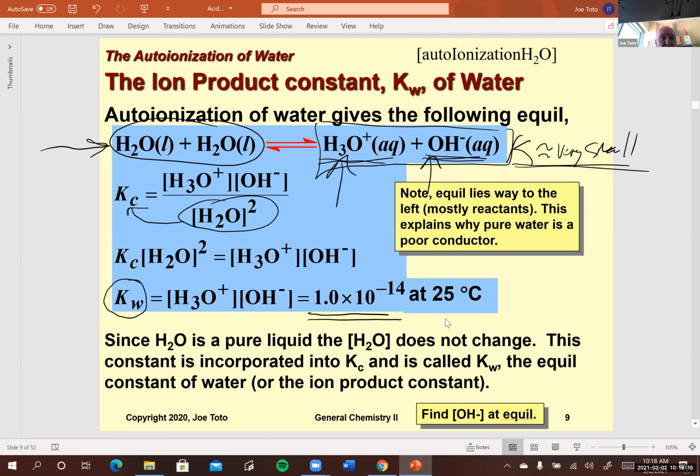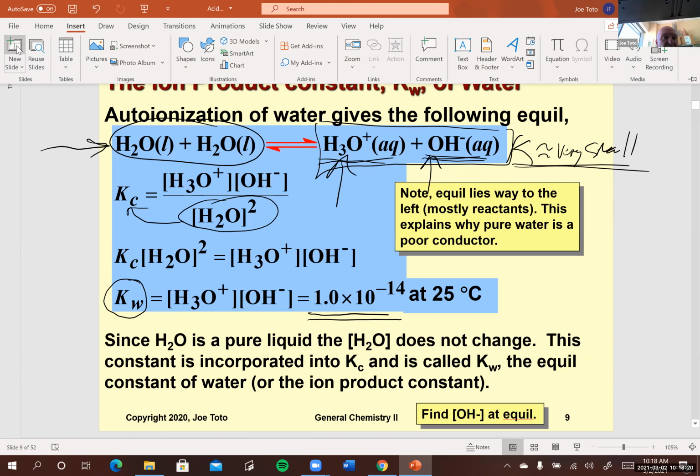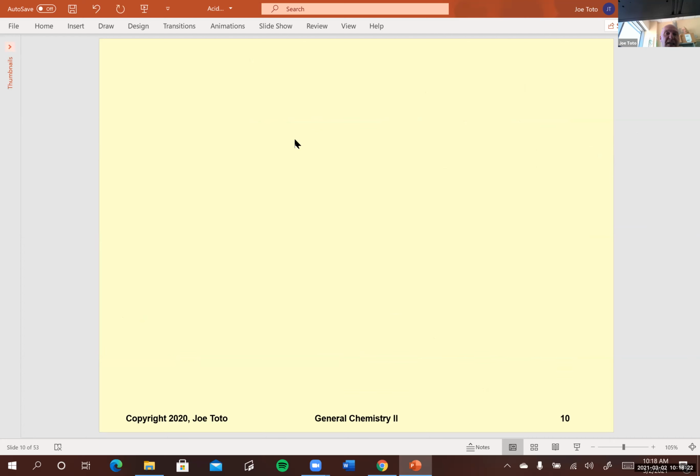So what I want to do next is to show you how you would do that. And you're going to see this and say, oh yeah, I understand because I know how to do it in ICE tables. So I just write for the autoionization of water,